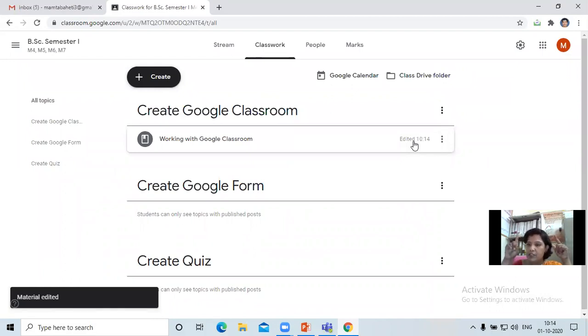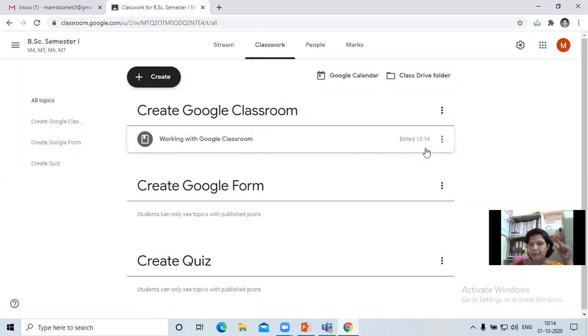If it is sent to the students without making any changes, then it will show posted. But if you post it and then make changes, you will get the message edited there with the timestamp.